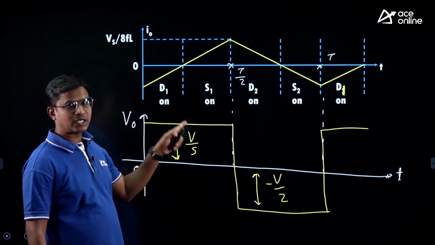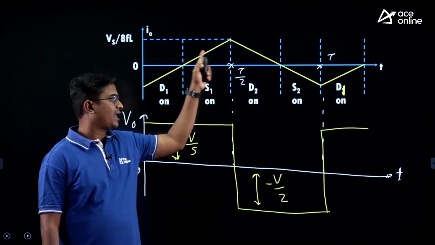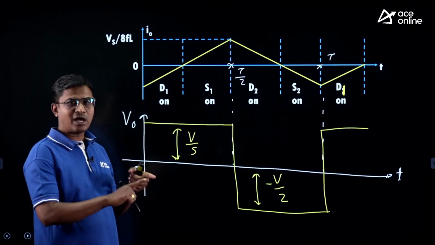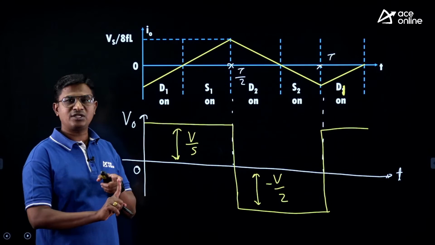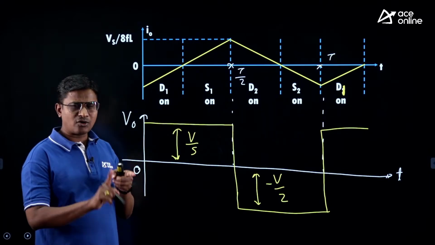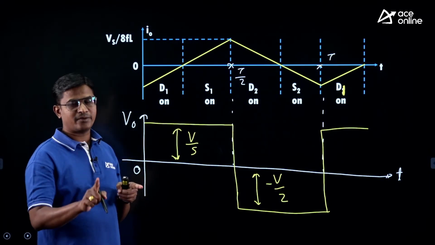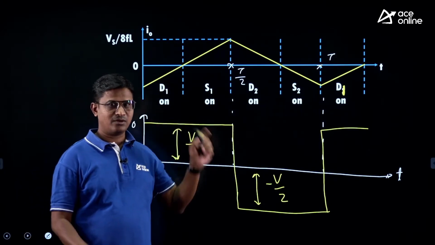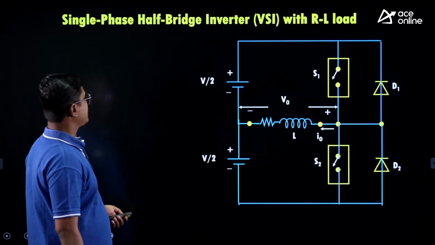So for purely inductive load, the nature of the load current is triangular. The nature of the load voltage is a square function. For R load also, load voltage was square. For R load, load current was square. For L load, load current is triangular. Okay, next,